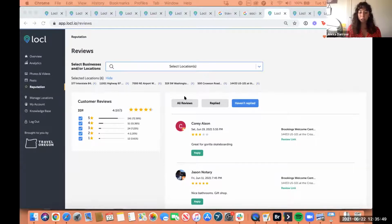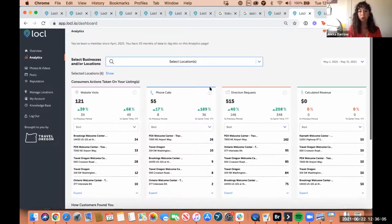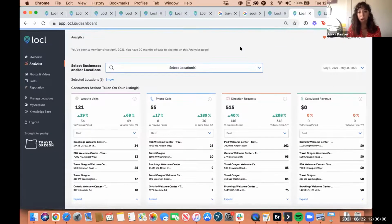So once you've worked inside these tools to make all of these great optimization updates, the photos, the videos, the ongoing posts, responding to reviews, then we help you see the effects of all of these optimization efforts through our analytics page. As Cecilia mentioned earlier, Google's data is only tracked over the course of a quarter. So you can only see a quarter's worth of data, whereas in Locl, you can actually see 18 plus months